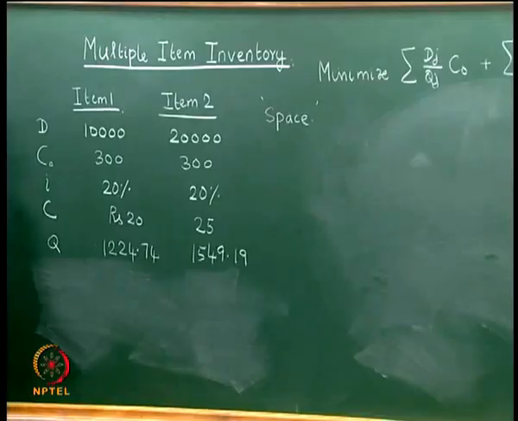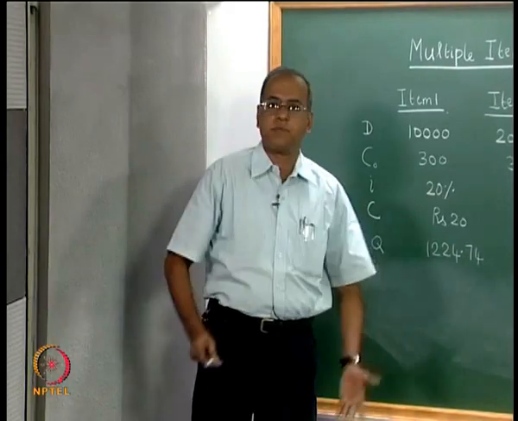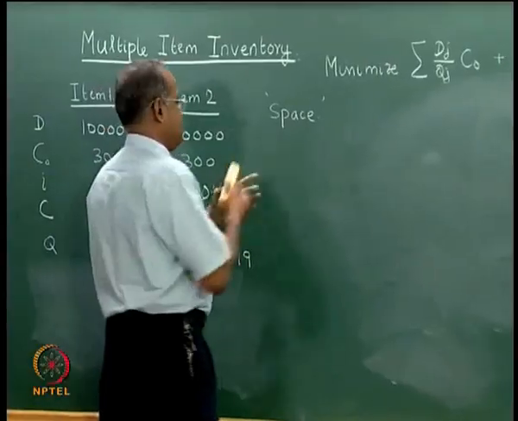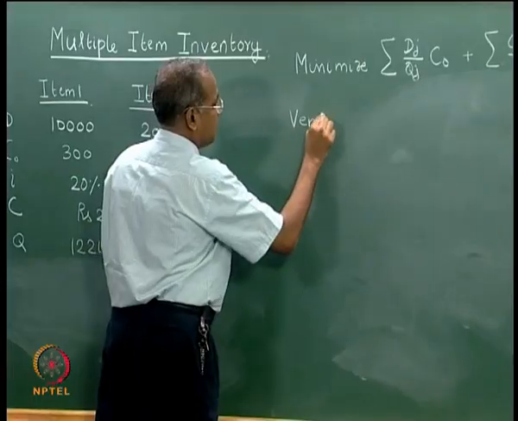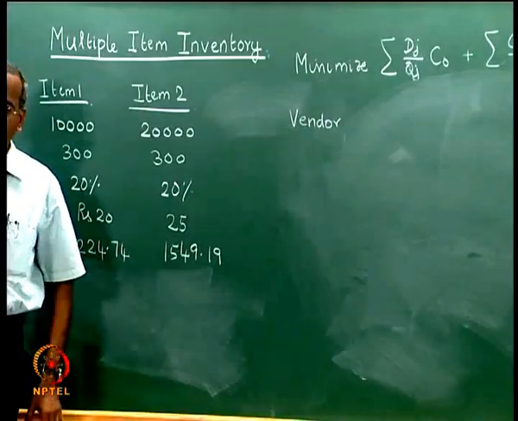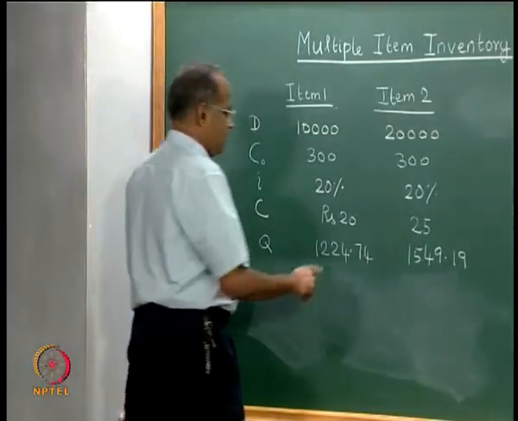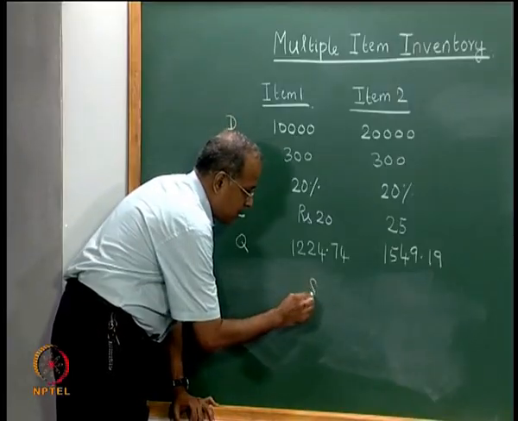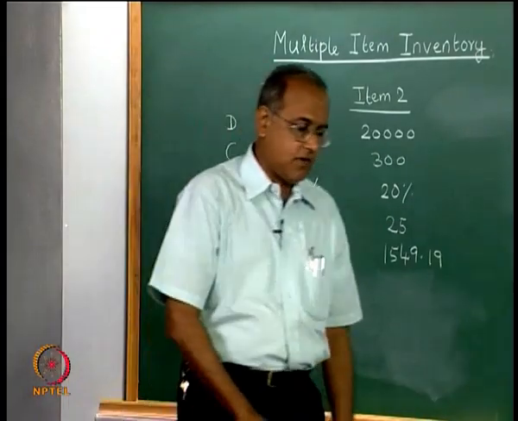Now, particularly when we have multiple items, we would also like to consider another aspect. Let us assume that these two items come from the same vendor who supplies both of them. If we choose to order the economic order quantities of each of these, then we have already found out that this will be some 8.17 orders and the other one will be roughly about